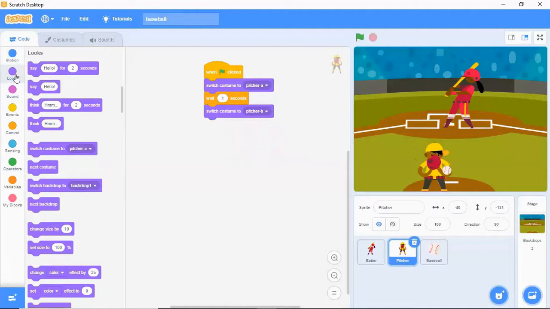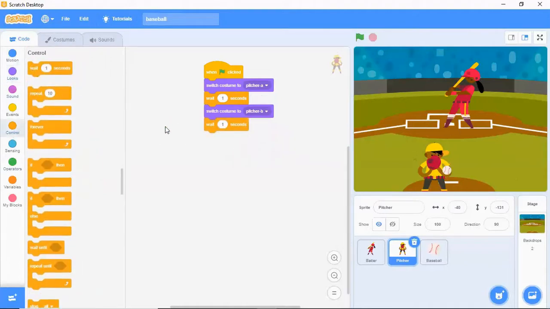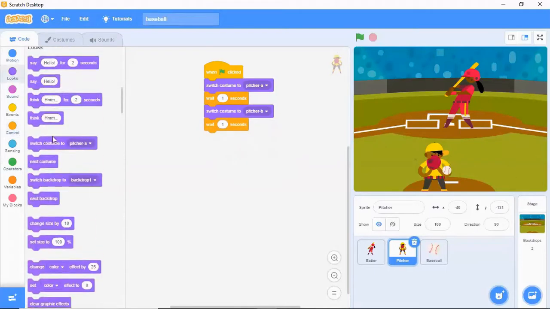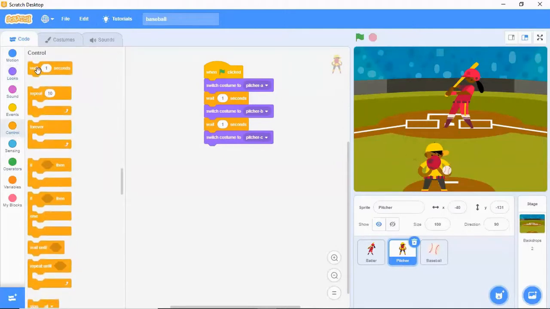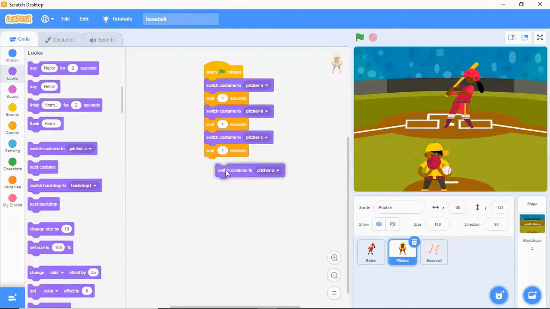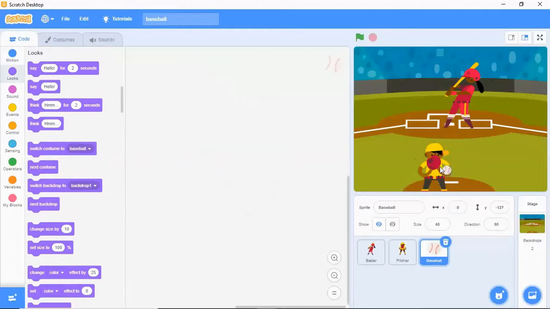B. Wait time. Switch costume to picture C. Then again wait time. And then the last costume. Yes.